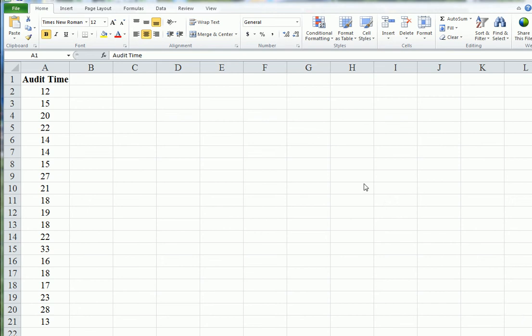In this presentation, we're going to learn how to construct a pivot table, giving some sort of relative frequency and also a histogram for audit time data. So here you can see there's the length of time in days that some audit company took to audit other people's books. So this is quantitative data and it's continuous,